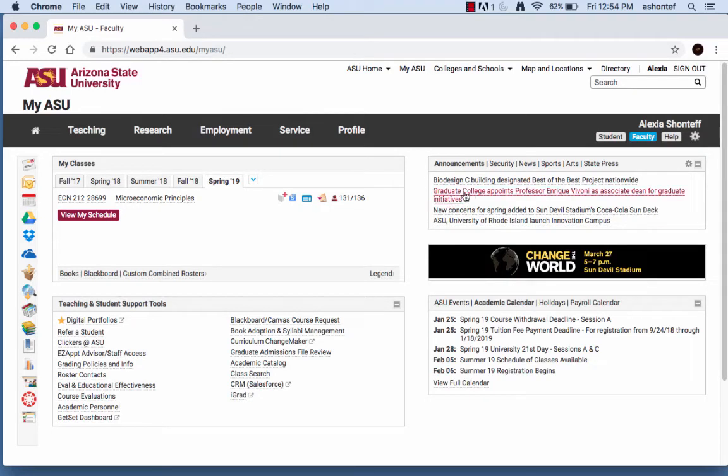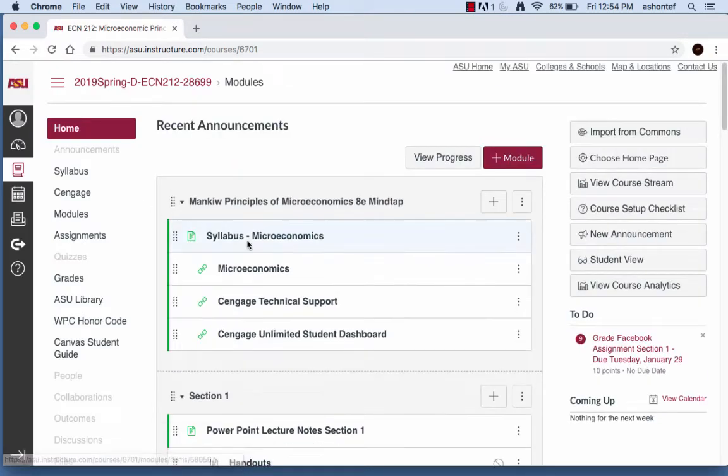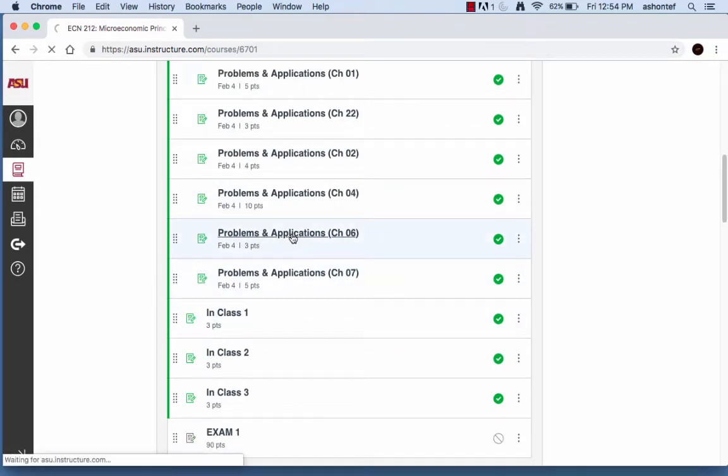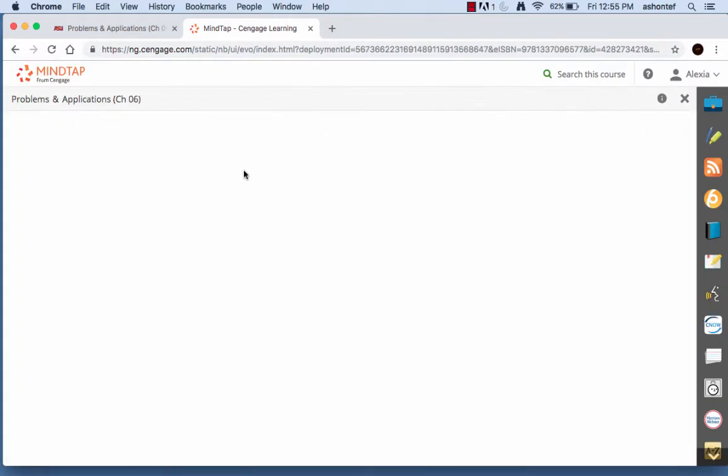Okay, so this is going to be Chapter 6 homework from your My Issue page. Remember, we're going to click on the title. It's going to take us into Canvas, and we'll scroll down to our Chapter 6 homework, Problems and Application. We'll load it. And this particular set of homework problems as it's loading is revolving around market